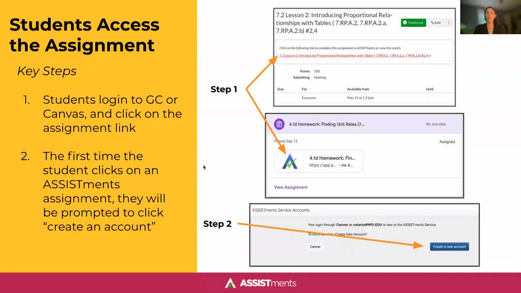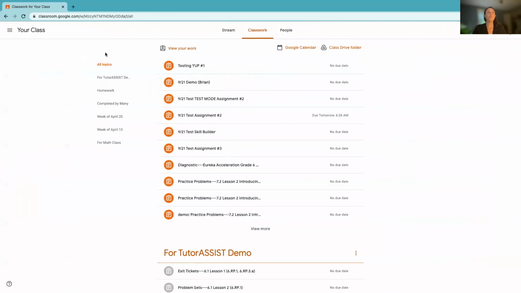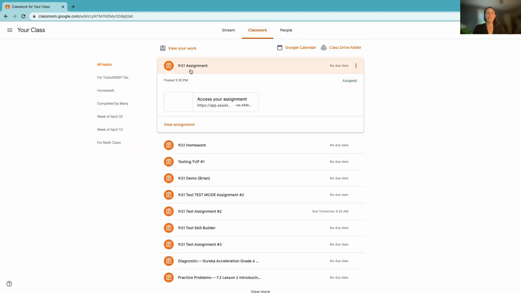All right, so let's walk through what the student experience is going to look like for one of your kiddos using assessments. So we'll first start with Google, and then I'll go over to Canvas and show that as well. So to access the assignment, your student's going to go right through the LMS and log in with their existing credentials. So your student goes right through Google, clicks on that assignment, and within they're going to see this assessments